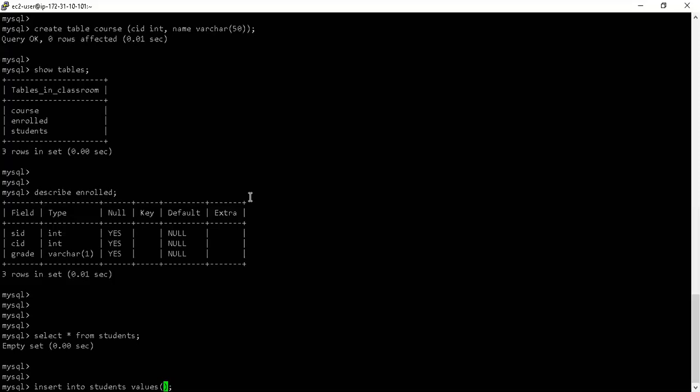But when we are inserting this values thing, which has a bracket, it looks like a function. If I compare this to Python, this is not a function. This is yet again an identifier. The identifier gives me a placeholder. The placeholder is where I will enter data within that bracket, as per the order of the columns in the table. So you must know what is the order of the columns in the table, right?